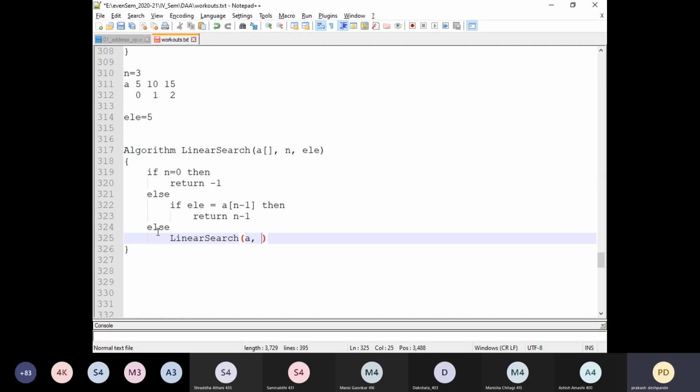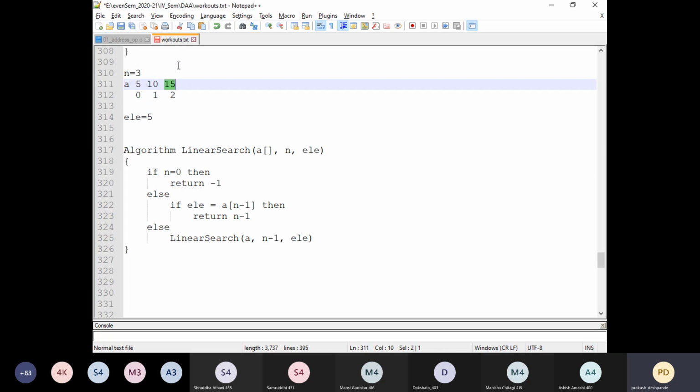Then this time, instead of passing the total number of elements as n, I will pass the number of elements as n minus 1. Look at the difference here. Next time when I call, I received n elements, and out of these n elements, I have found that the last element is not the one which I am searching for.